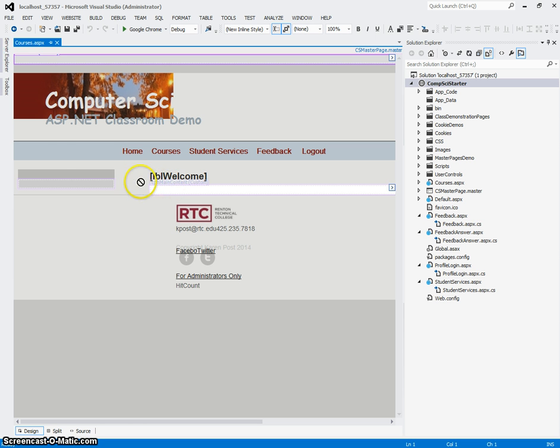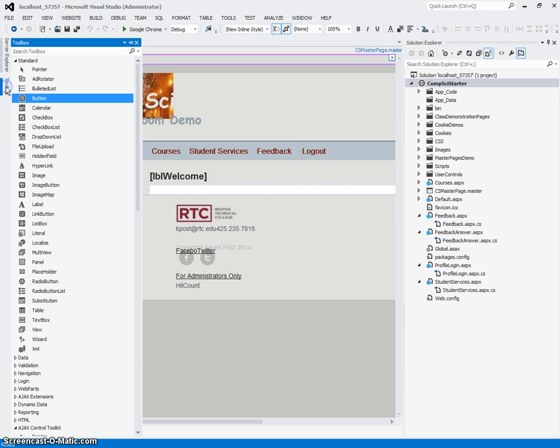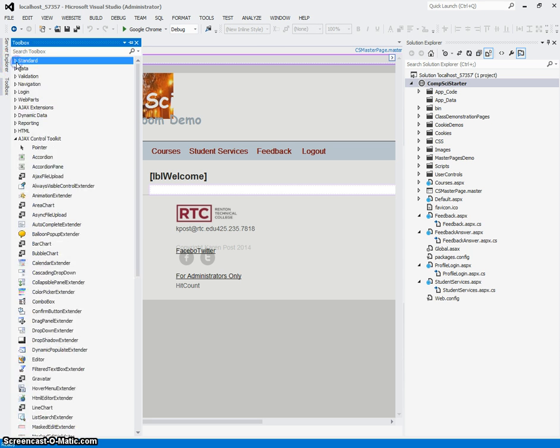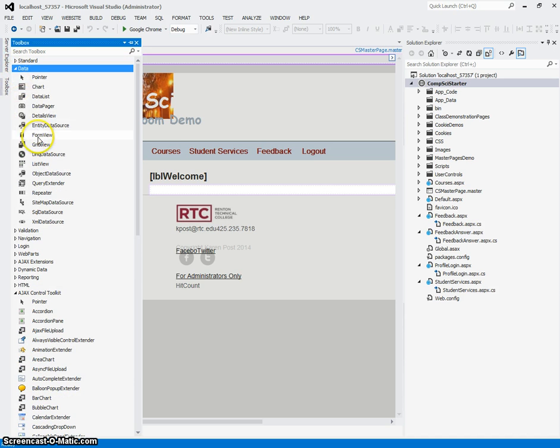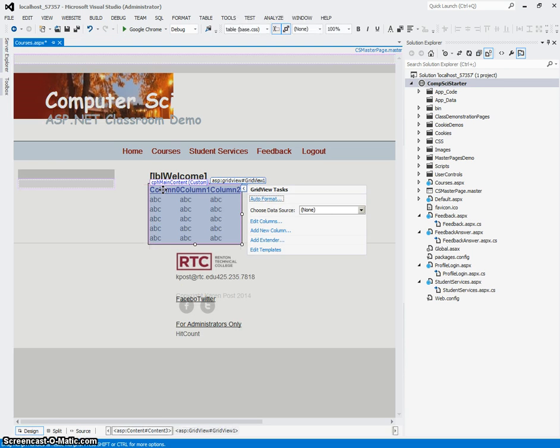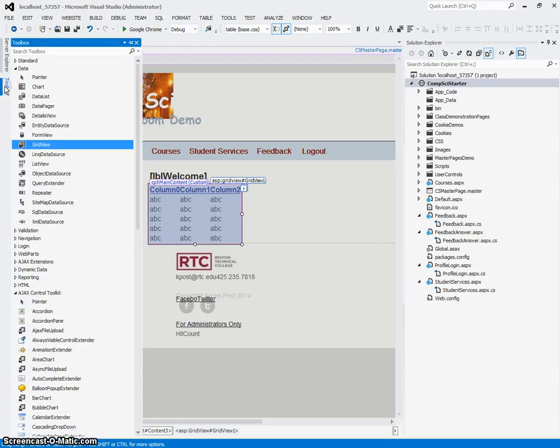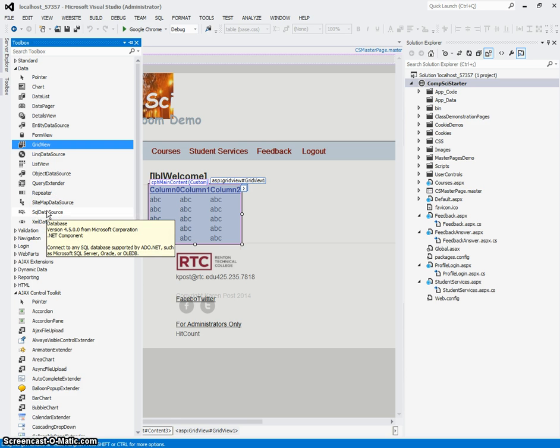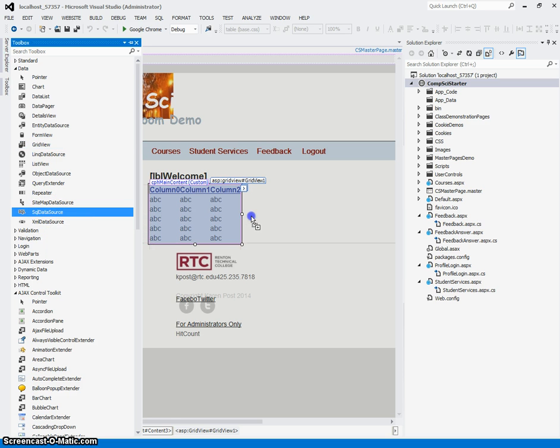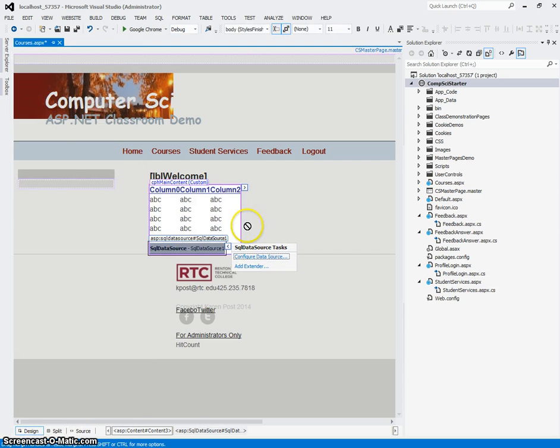So I'm going to place on my main content area from the toolbox, and specifically from the data area of the toolbox, a grid view control. So I'm dragging and dropping a grid view. I'm not going to do anything special with it. And I'm going to drag and drop also from the toolbox another one of these data controls called a SQLDataSource control. I'm going to drag and drop this anywhere in my content area